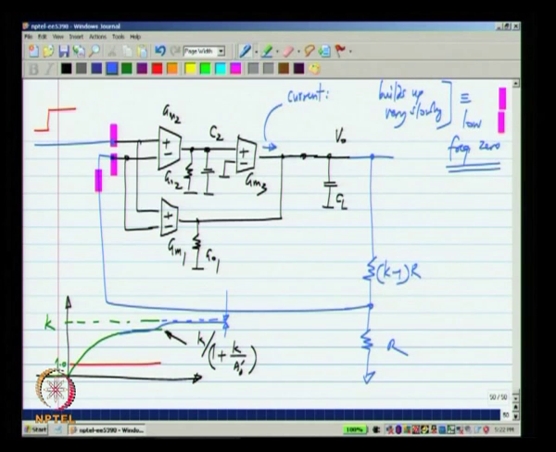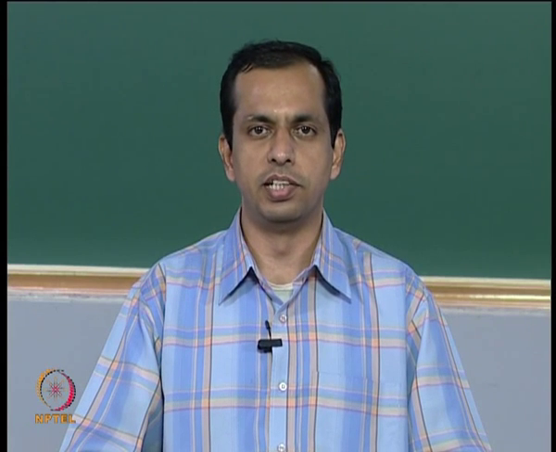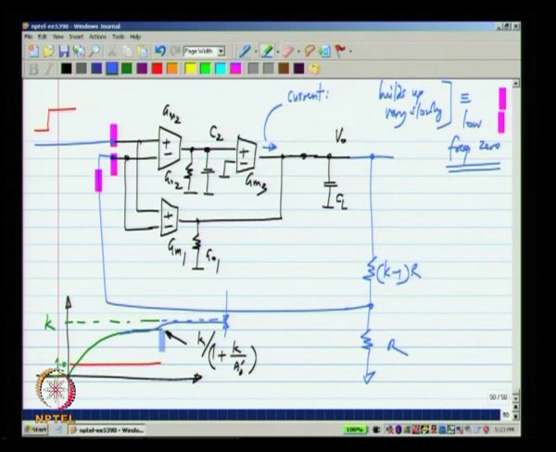In fact, the reason we want high DC gain is so that the steady state error is very small. But if you push the 0 to very low frequencies, what happens is initially it builds up to a large error, which is governed by the DC gain of the single stage op amp found by GM1, and after a long time you achieve a low steady state error, which is given by the high DC gain of this path. Okay. So, it is not beneficial to push the 0 to very low frequencies.